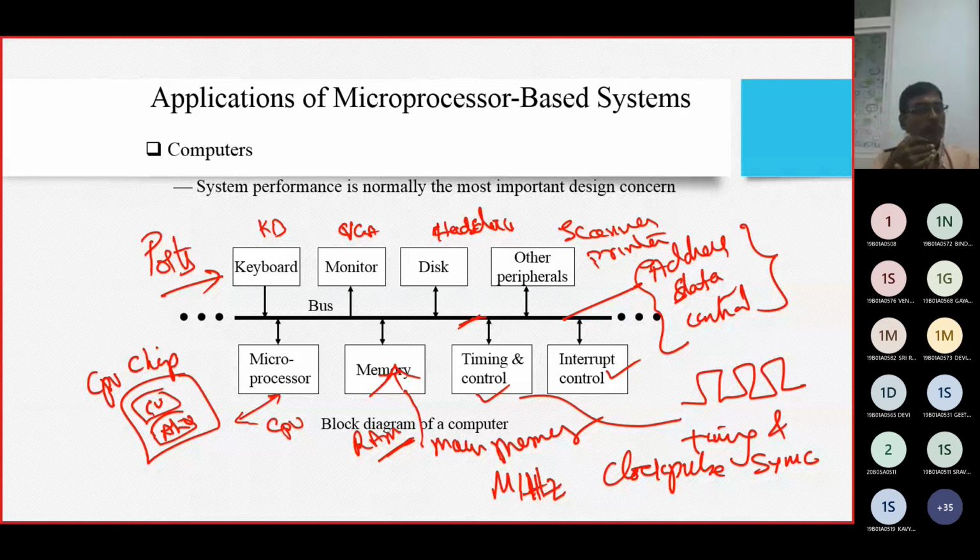The same way the CPU also works. The CPU works on some instruction, a new instruction comes, it attends to that new instruction, and after that it is cleared, it goes back to its previous one. So what is this process entirely? We call it interrupt and control. This is the interrupt example.